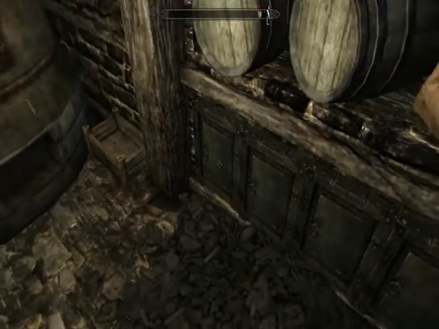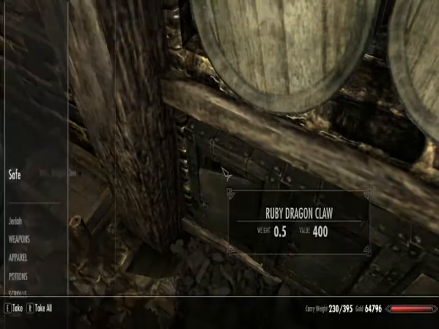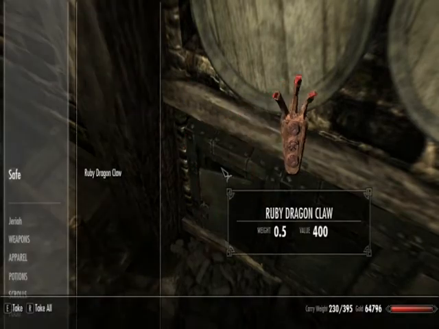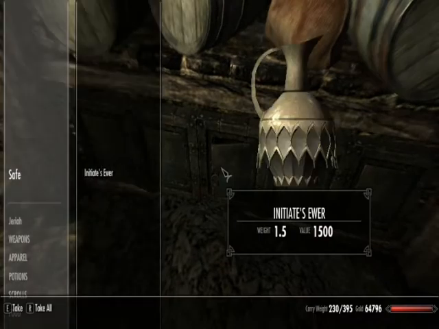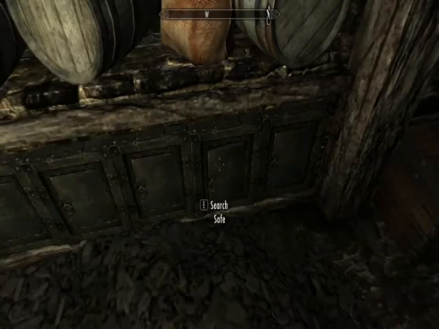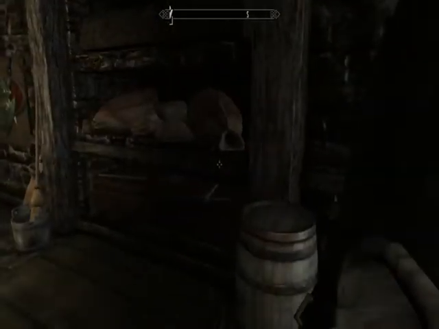The cellar comes with a crap load of safes, which for most of the safes I just put their own dragon claw in it. Put the ruby one in here. As long as I have these claws, I need somewhere to put them, so I just put pretty much each one in its own safe down here. And then I put the Initiate's Ewer from Dawnguard in there. And I don't even remember what the Reaper Gem fragment's from, and then I have one empty safe. But yeah, and yeah, smelter,